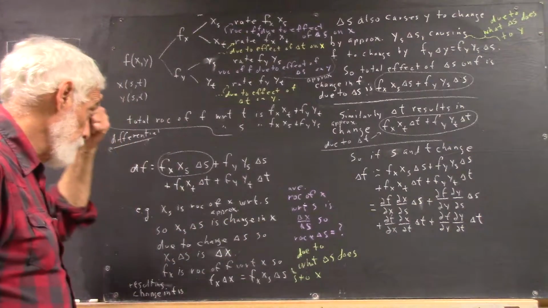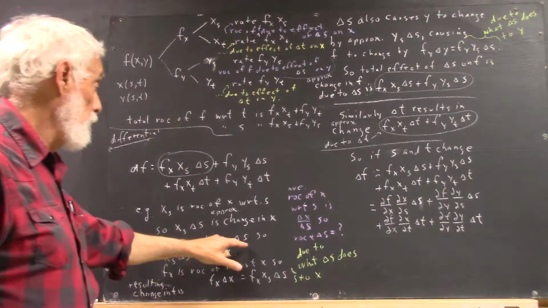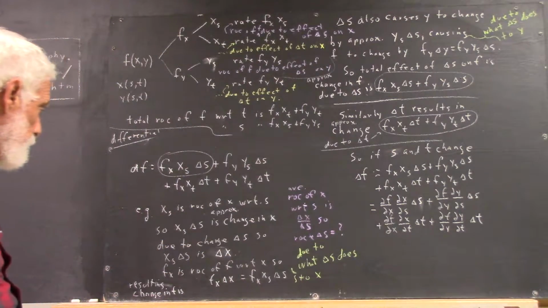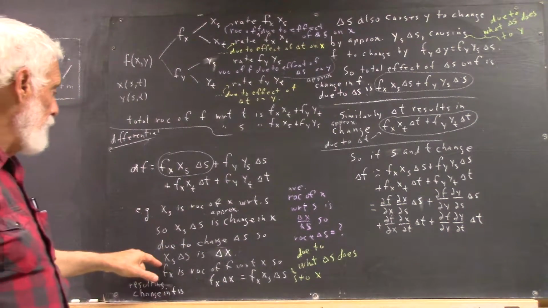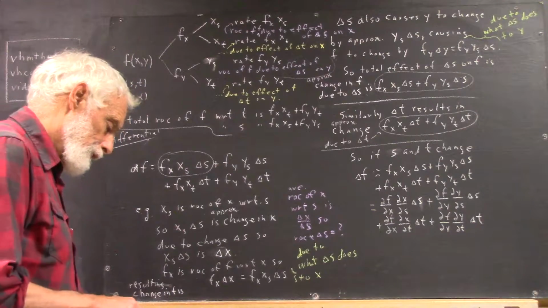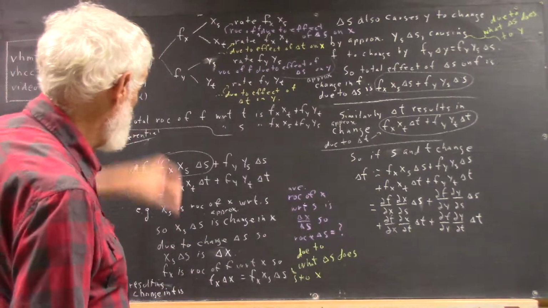That's your approximate delta x there, due to the change delta s. So x_s delta s is delta x. Now, within the context of what I'm saying here,